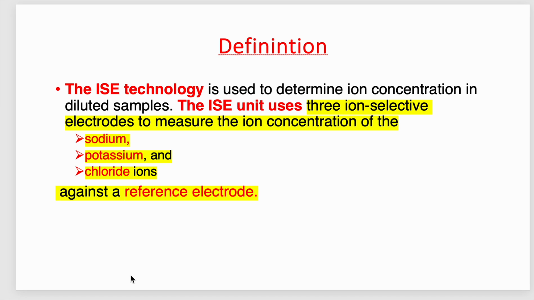and chloride. The ISE model has either one or two ISE units. The ISE unit performs indirect measurement of EMF, electromotive force, in millivolts between the ion selective electrode and the reference electrode. The EMF value of each sample is converted into millimole value by